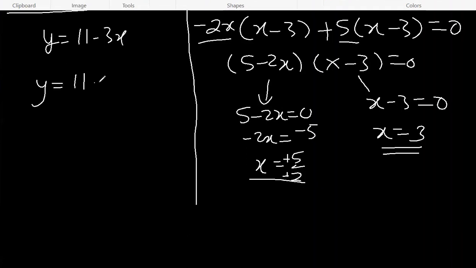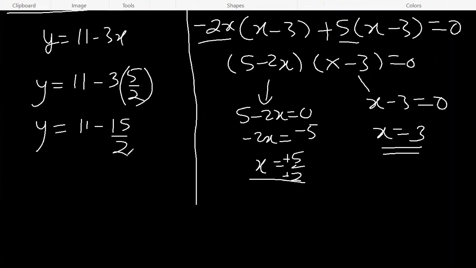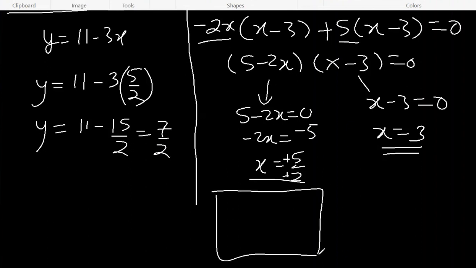Y equal to 11 minus 3 times 5 over 2. So y equal to 11 minus 15 over 2. So 11 times 2 is 22 minus 15 is 7 over 2. So the first answer is x equal to 5 over 2 we got earlier. Now we got y equal to 7 over 2. Second,